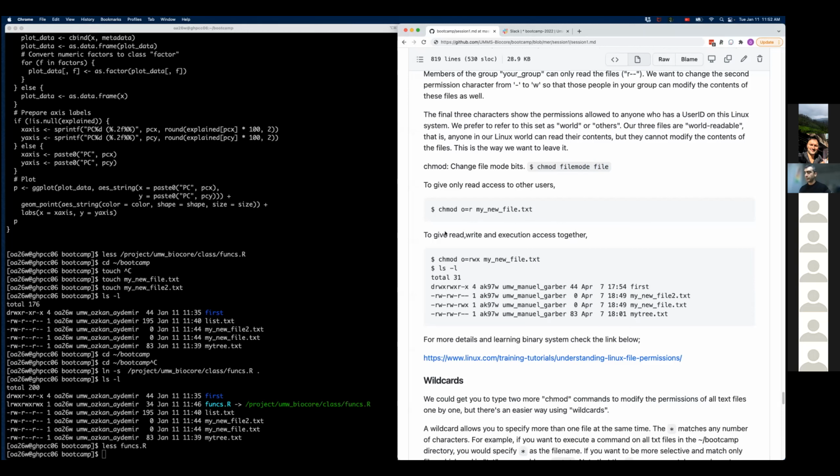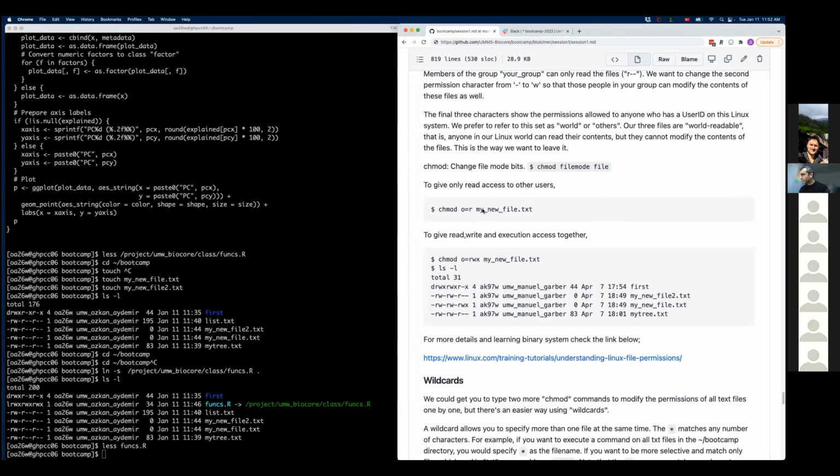For example, if you look at this myfile.txt, the last three bits here, the others, so everyone else, have read permission, but they don't have write permission, right?